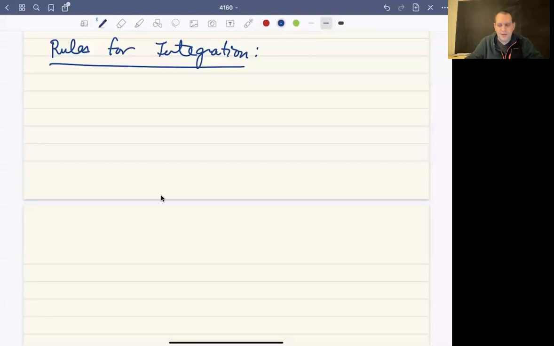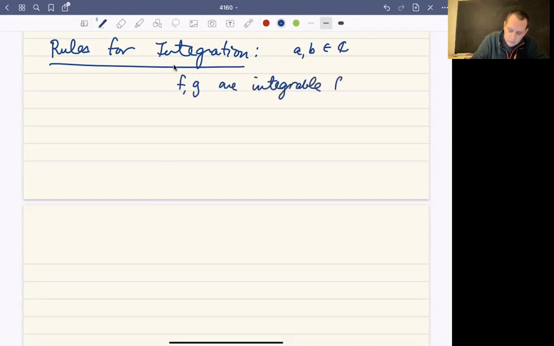Next, I want to talk about some properties that integrals have. Let's let f and g be functions that are integrable, meaning that the integral makes sense, and let's let a and b be constants. So a and b are constants, and f, g are integrable functions over some path. Then it turns out that the integral of af plus bg is going to work exactly